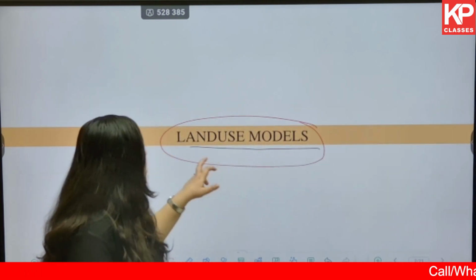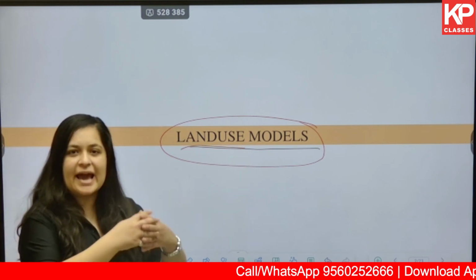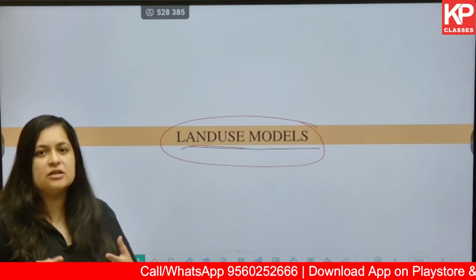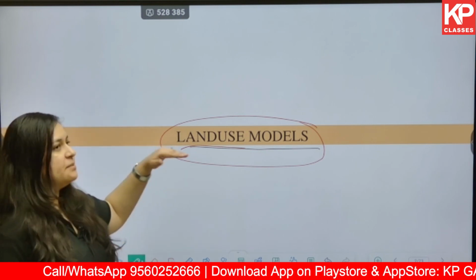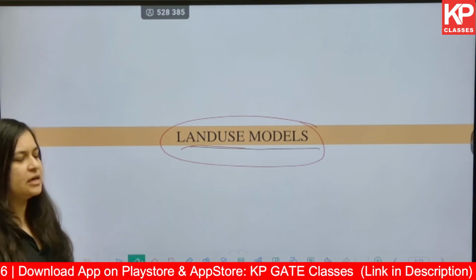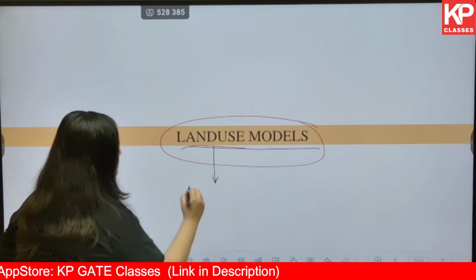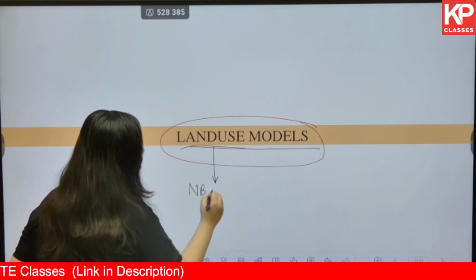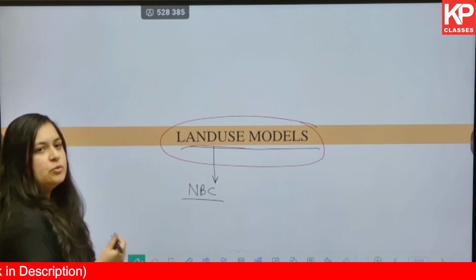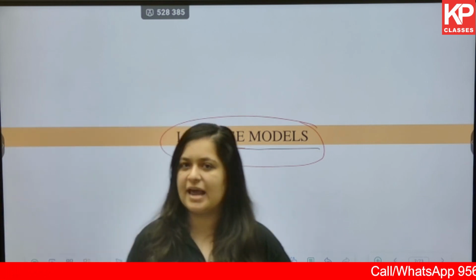Basically, first you have to understand what is land use. It is the use that any parcel of land has been put to. It can be residential, commercial, industrial, and various other land uses. Today you will get the details of these land uses in NBC, with respect to the naming given to these land uses and the color by which we denote various land uses.